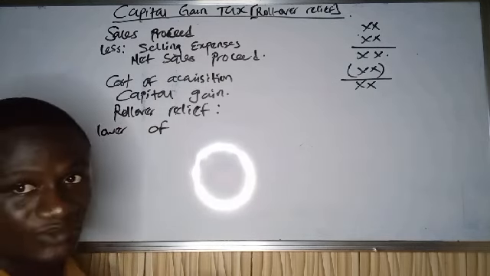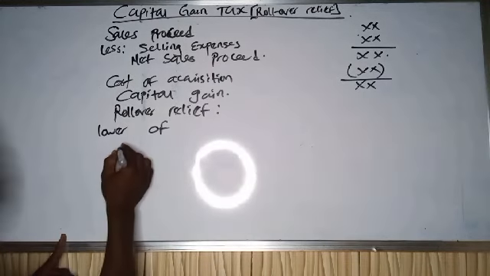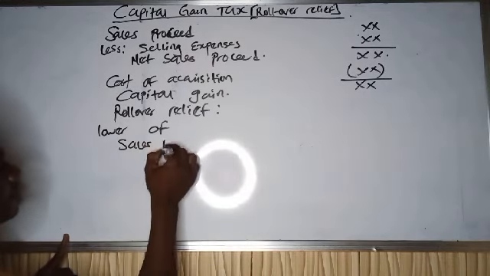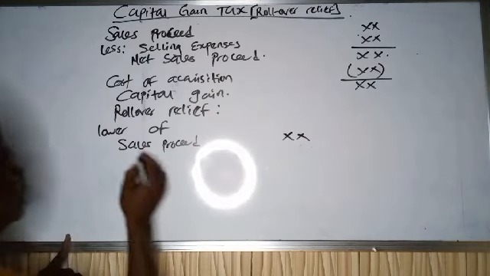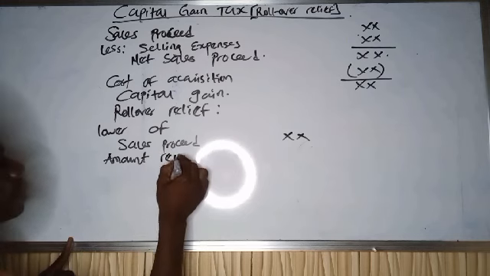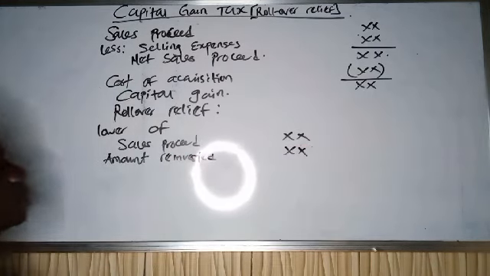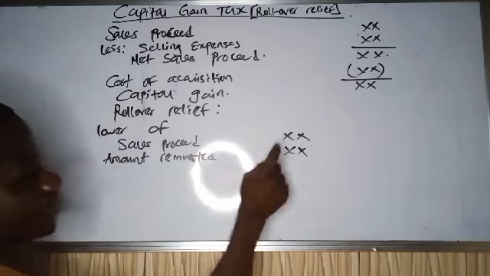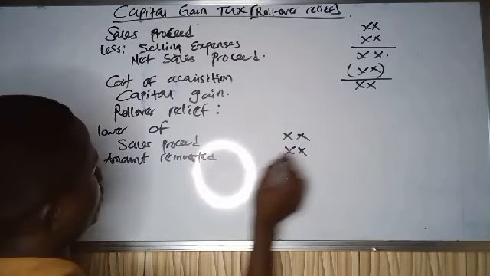I'm going to explain, just follow me as I write the format. Then when I write the format, I'll give explanation on it. Lower of the sales proceed and amount reinvested. So the lower of these two, sales proceed and amount reinvested, whichever is lower, then you now subtract,